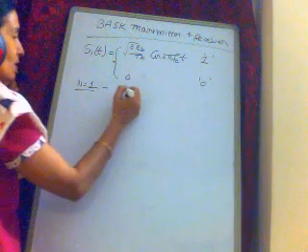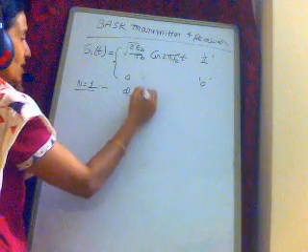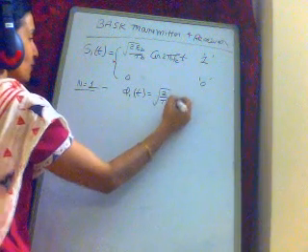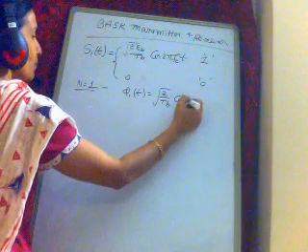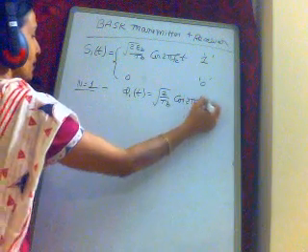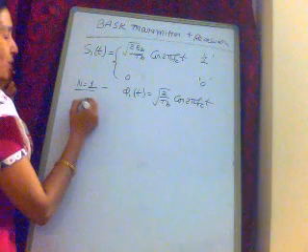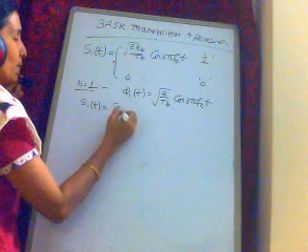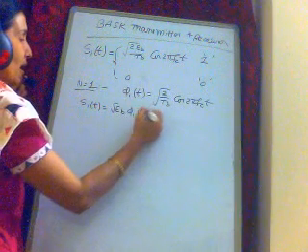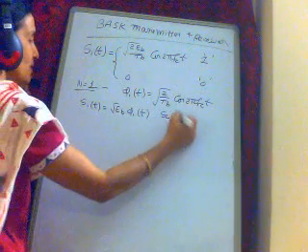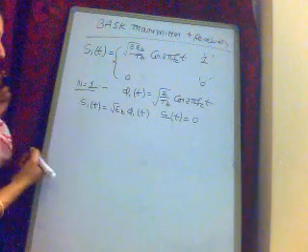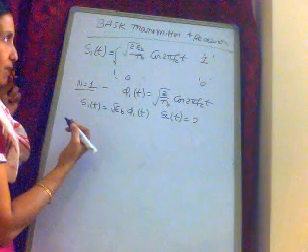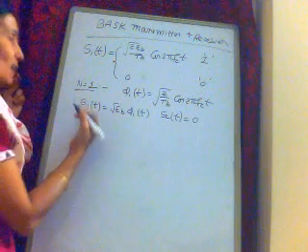We have learned that for this orthonormal basis, the number of orthonormal basis functions is 1, and that's why N is equal to 1. We have also seen that phi 1 of t is equal to root 2 by TB cos 2 pi FCT. Correct? So S1 of t is root EB phi 1 of t, and S2 of t is equal to 0. Based on this, we will be writing the block diagram for the BASK transmitter.